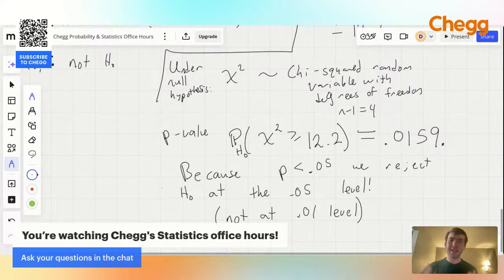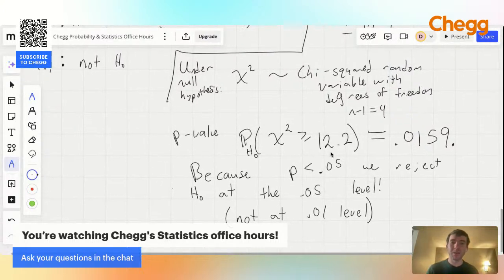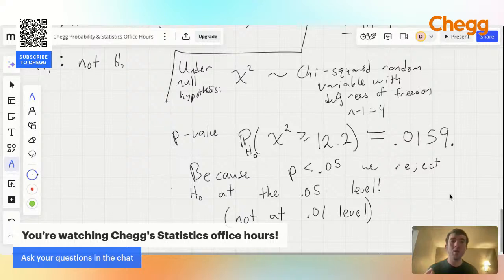This rigorously tells us that this data set is abnormal under the null hypothesis. This is unlikely to occur, and so we say the null hypothesis probably isn't true. Sometimes even if the null hypothesis is true, you'll get data that is this weird, but it's unlikely. Exactly how unlikely? About a 1.59% chance under the null hypothesis that we would see data this weird. That's what the p-value tells us: how weird is the data.